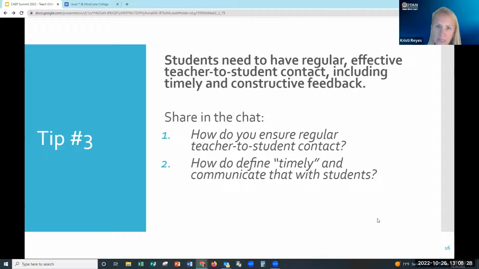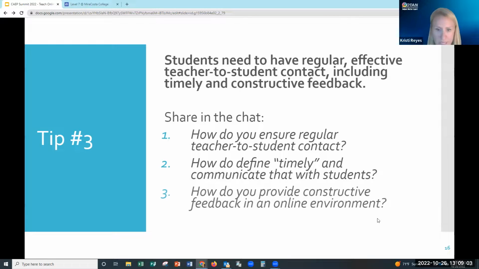Timely kind of depends on the assignment. If you have 30 students and they've all turned in a writing assignment, I don't know if you've had this, I have students, I give the assignment and that night, did you check my assignment yet? So communicating when you will be able to check that, because that is very frustrating. As some of you mentioned, if you submit something online and it's just sitting there and you don't get any feedback. So of course, giving feedback, but letting students know, I'm not going to be able to get to your writing until Sunday. So yeah.